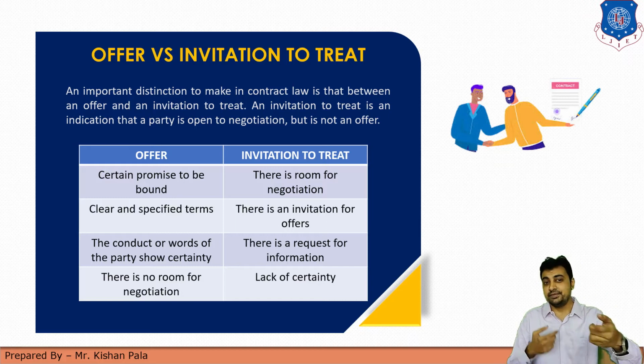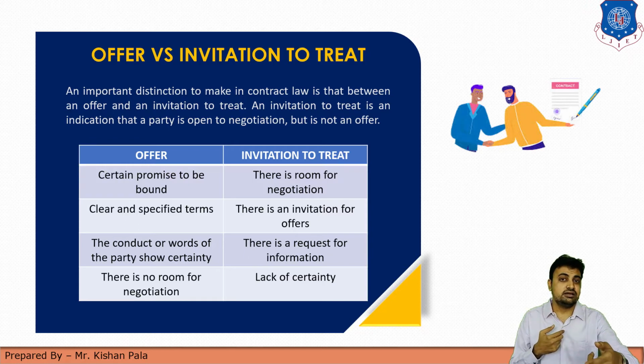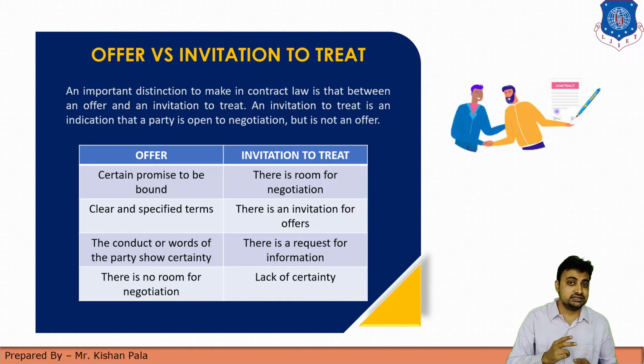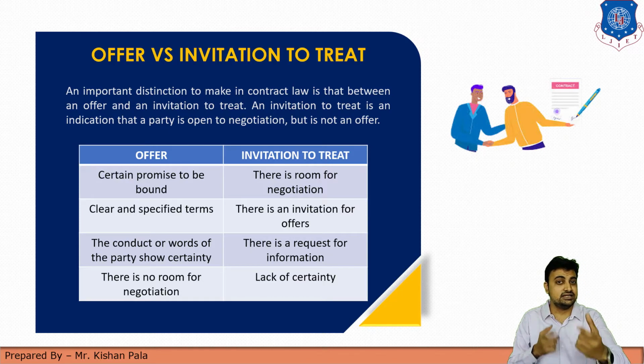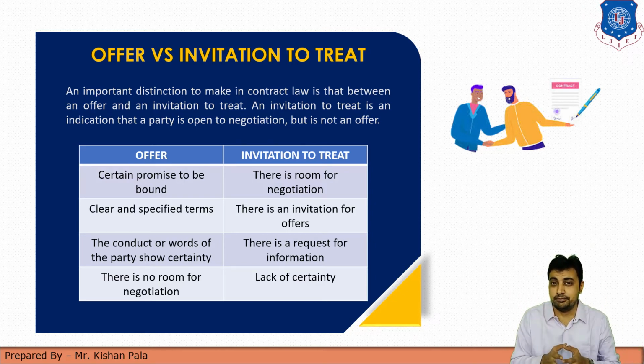So there will be a promise to be bound to do that work with this criteria. And the second thing is both parties know the clear and specified terms and conditions: what to do, how to do, which quality is required for this type of project, which grade of concrete is required, and which special concrete is required for this type of project. So there is certainty in the offer, and